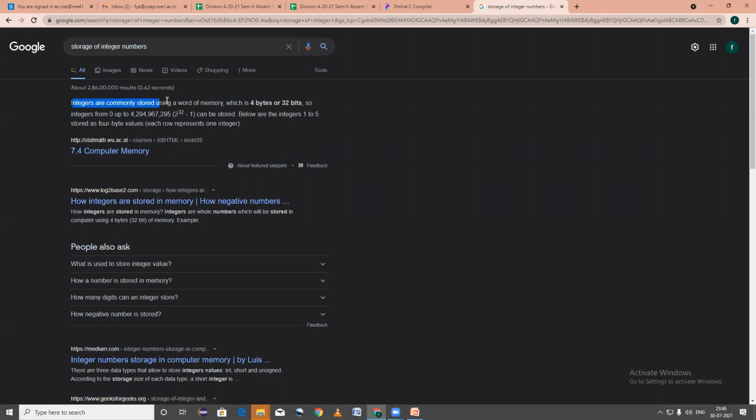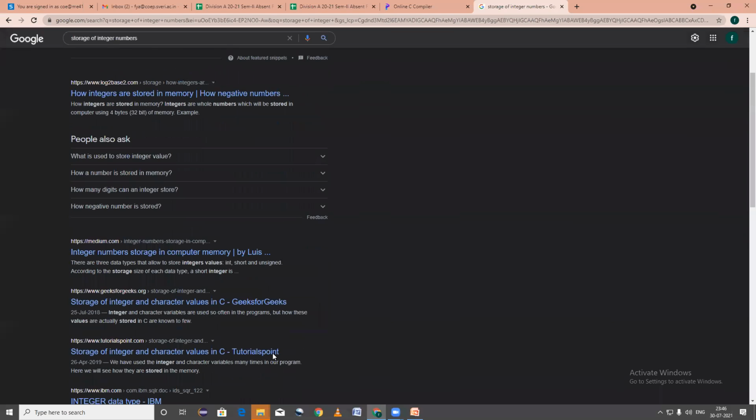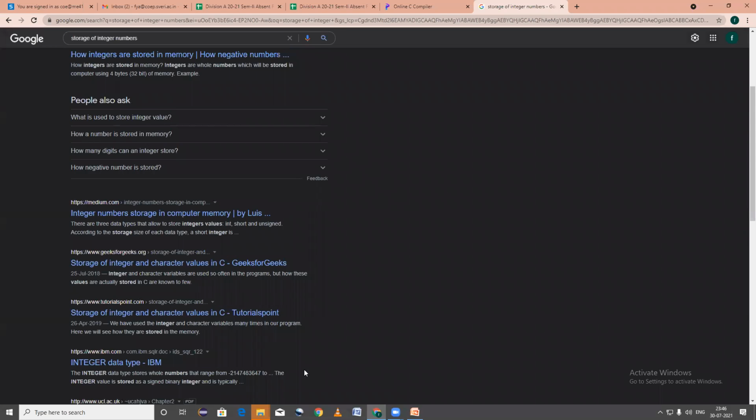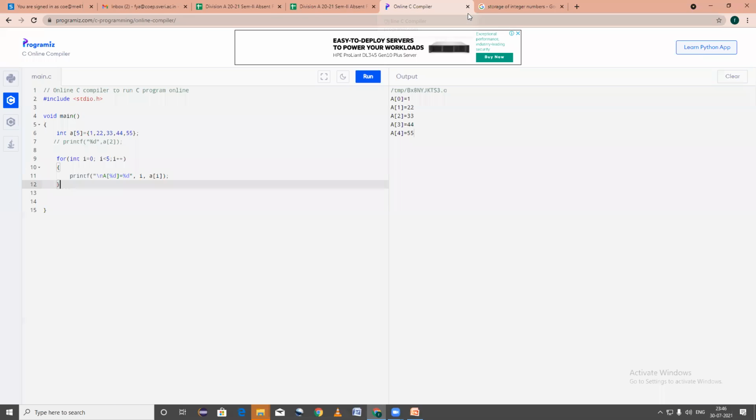Integers are commonly stored using a word of memory, which is 4 bytes. It depends on the compiler. If the compiler is 32 bits, it will have 4 bytes. If your operating system is 64 bits, then it will go with 2 bytes. So you need to remember either 2 or 4 bytes.